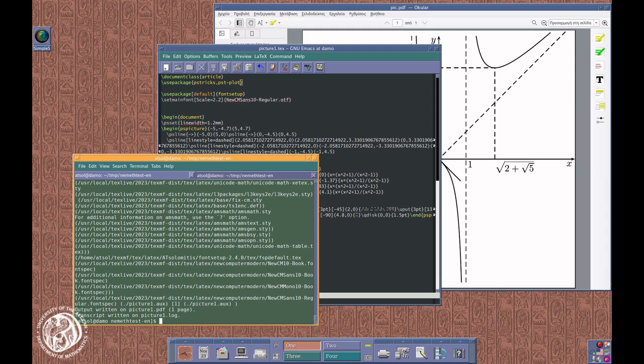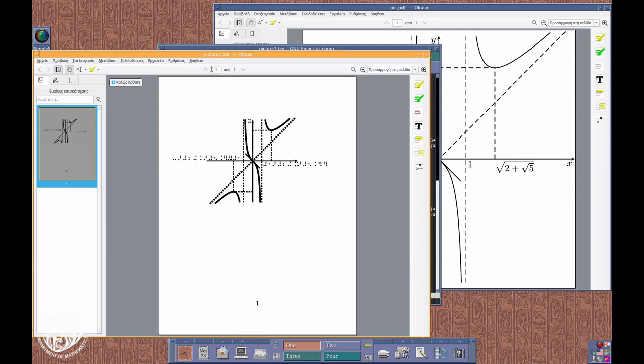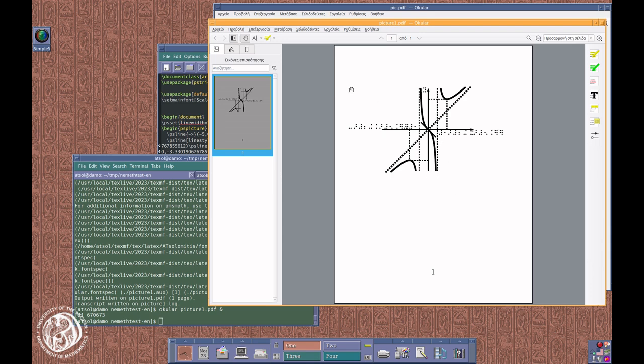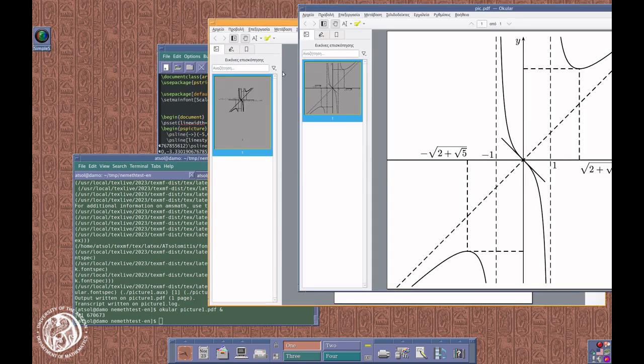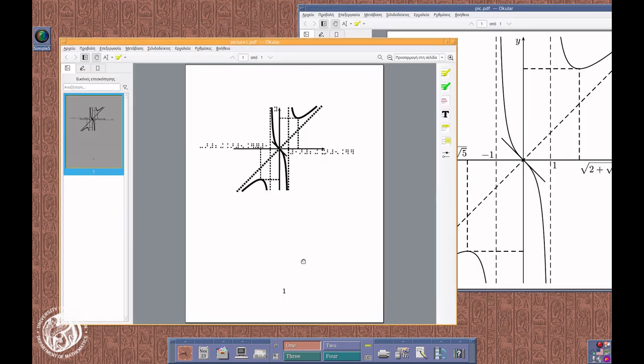Okay, so I have my PDF file now. Let's look at it. Let me open it with Okular. So you see, now everything is okay. The lines are wide enough. There is only a final problem, and this has to do with the fact that the labels, the root 2 plus root 5, minus 1, y, x, have become large compared to the graph,